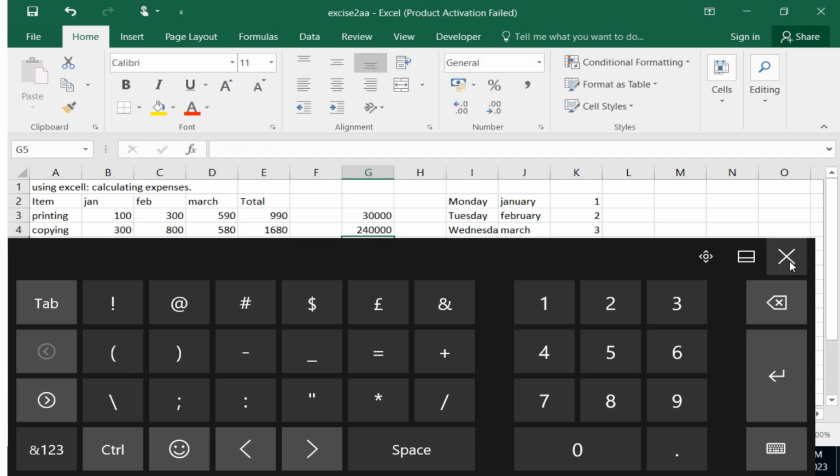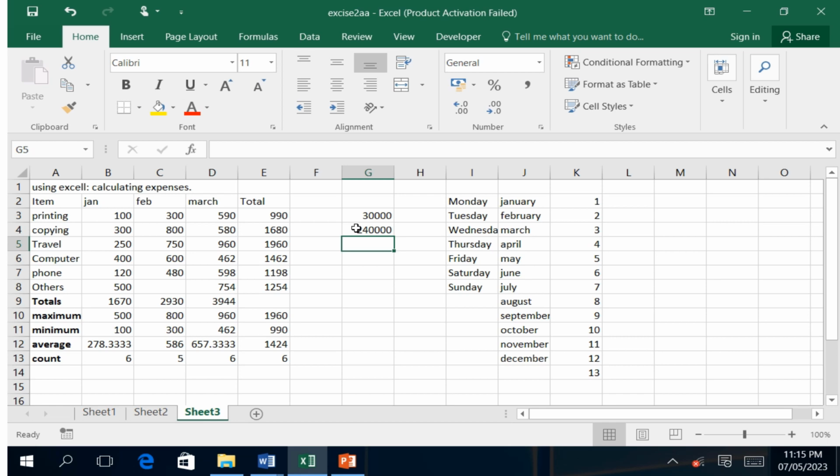So there I have my multiplication. In the rows where I need to get the product, I can hold the left button of the mouse and then drag, and the autofill computes the other rows, or copies the